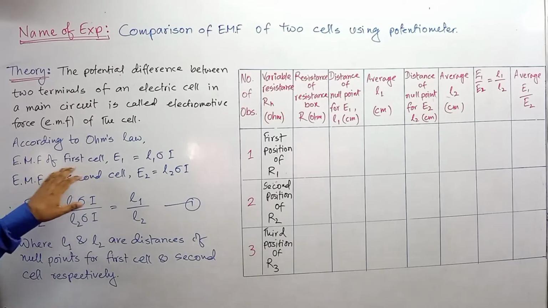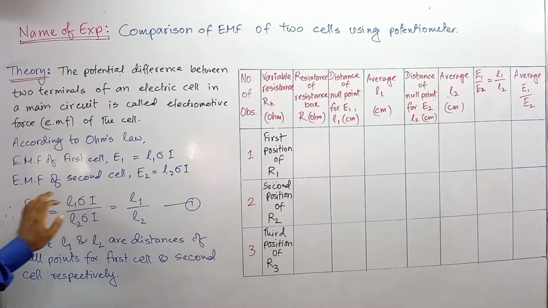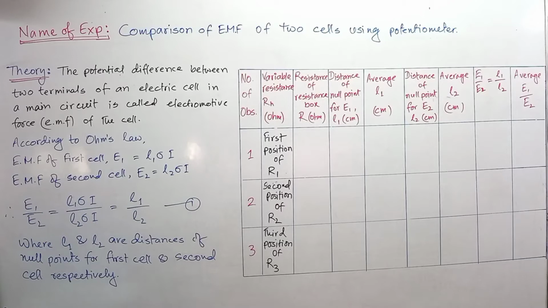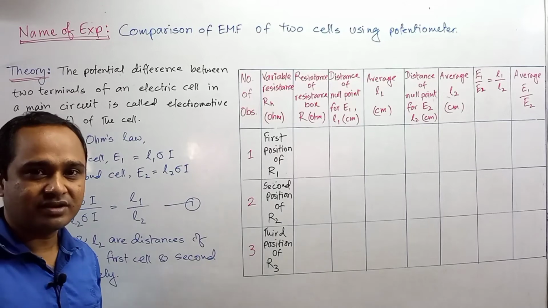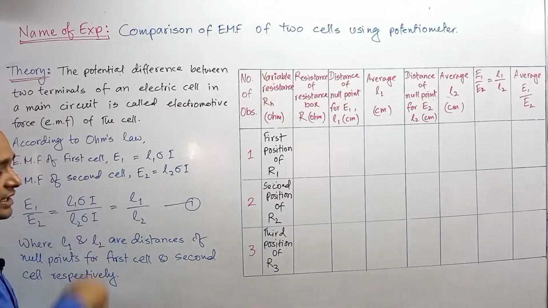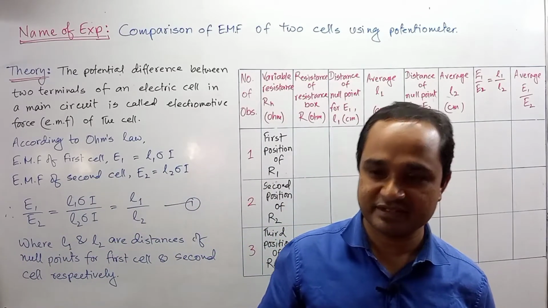So EMF for the first cell, if denoted by E1, E1 is equal to L1 sigma I, right? And EMF of second cell, if denoted by E2, E2 is equal to L2 sigma I, where L1 and L2 are the distances of the null points for the first and second cell respectively. Sigma is the resistance per unit length of the wire used in the potentiometer, and I is the current due to the electromotive forces, right? Dear students, now we are going to introduce what is potentiometer and other apparatuses required to